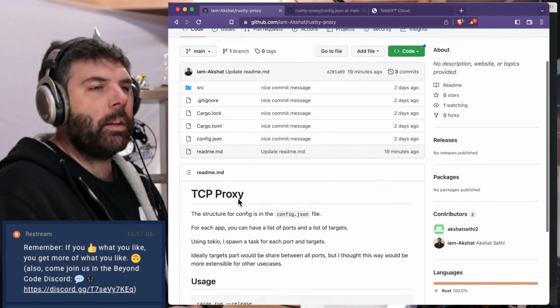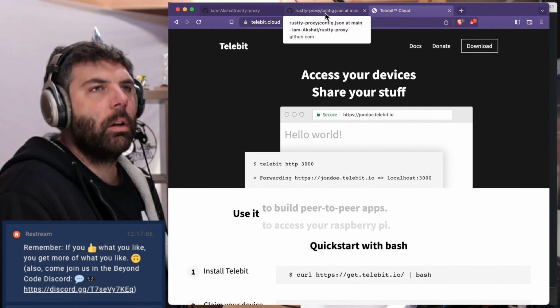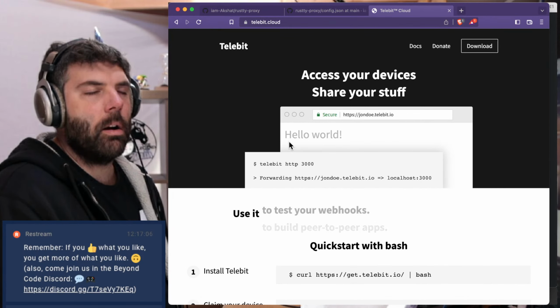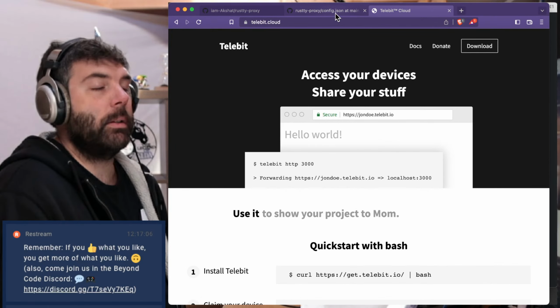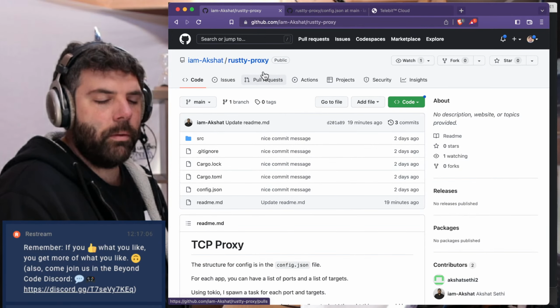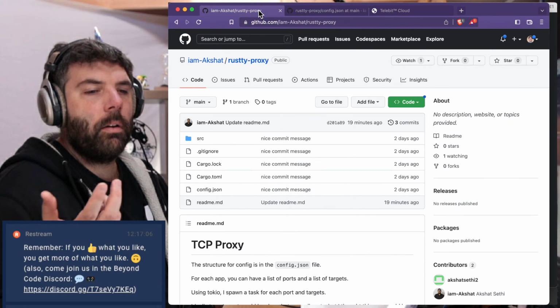to rewrite Telebit in Rust. I've already rewritten it in Go and I've just never actually redeployed the new version. It's running for a client, meaning somebody that paid for the Go version has the Go version. I meant to deploy it here, but this is still running the Node version, and surprisingly, somehow it still works. But it would be interesting in Rust because you get rid of all of the overhead and you can maximize the individual instance, which is what you have to do with Telebit because you're bound by the